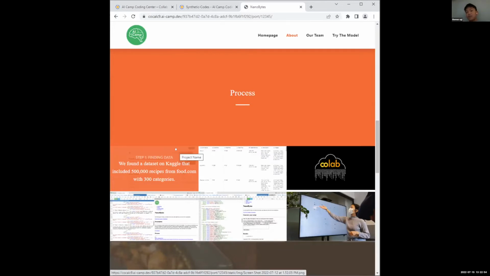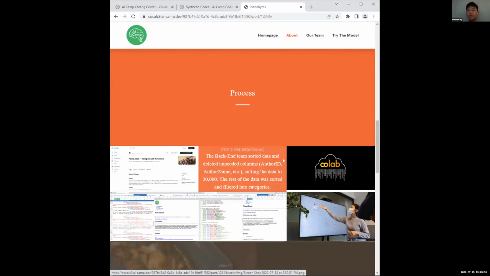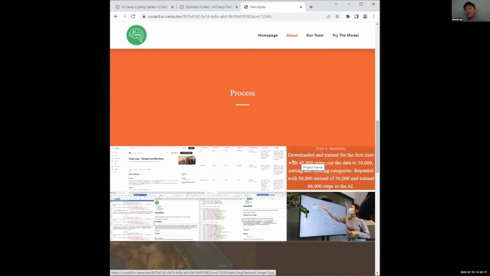I'll be giving an outline of our process. For step one, we used a dataset on Kaggle that included around 500,000 recipes. For step two, pre-processing, the backend team simply filtered out and sorted our dataset, which we managed to cut to around 30,000. For training, step three, we downloaded a GPT-2 AI model into Google Colab and trained it for a